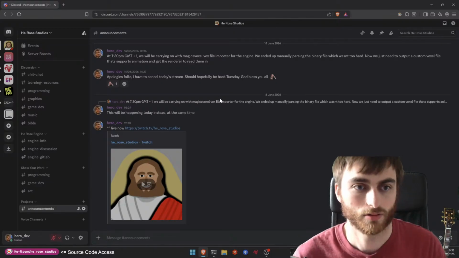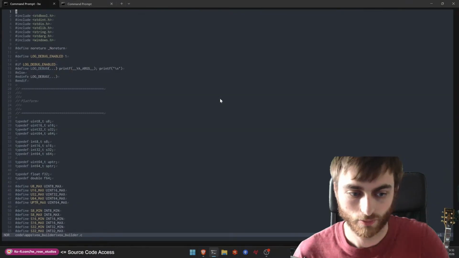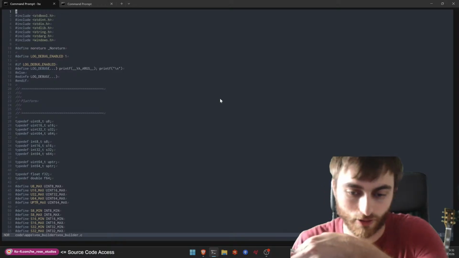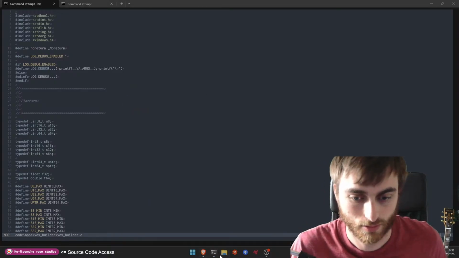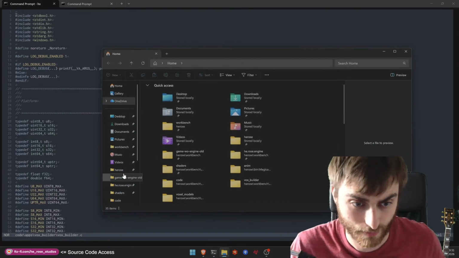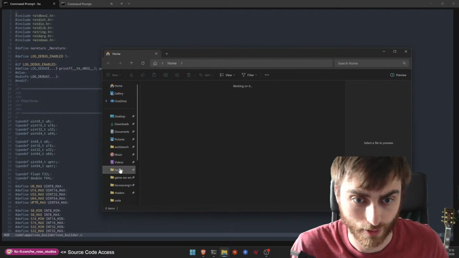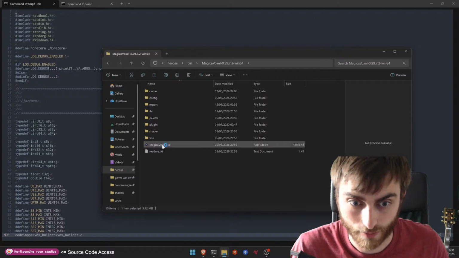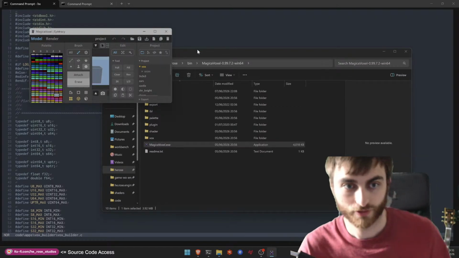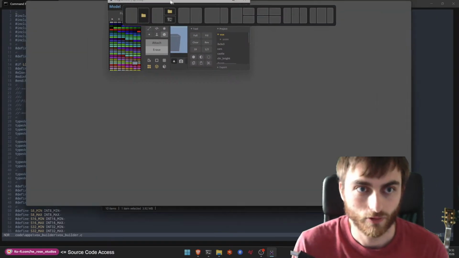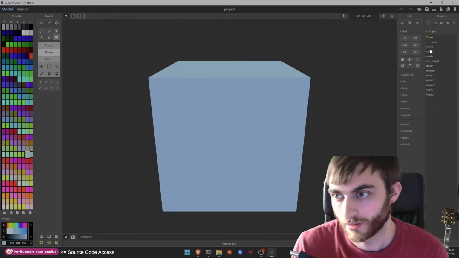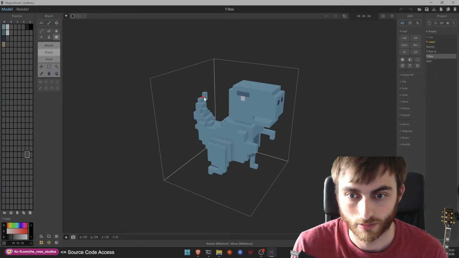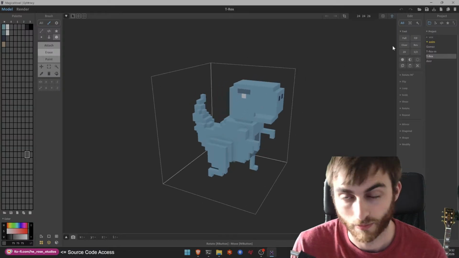So, last stream we were working on getting MagicaVoxel imported into the engine. For those who don't know, MagicaVoxel is a lovely little program which allows us to model voxels inside it and even do stuff like animations. There's this T-Rex here that we can use as a test asset, which comes bundled with MagicaVoxel, and it's